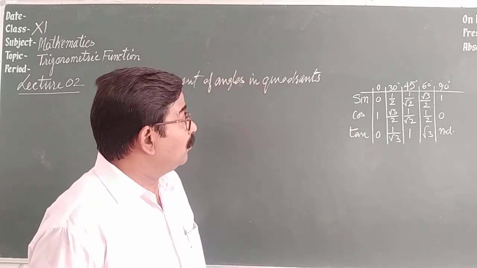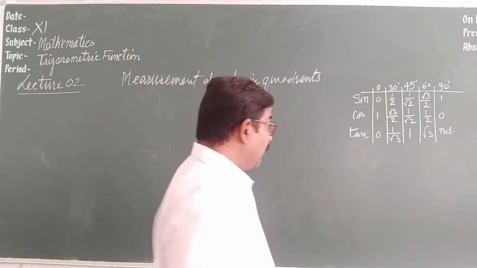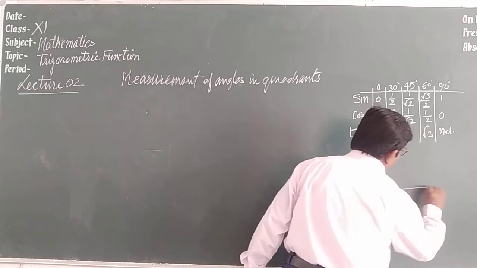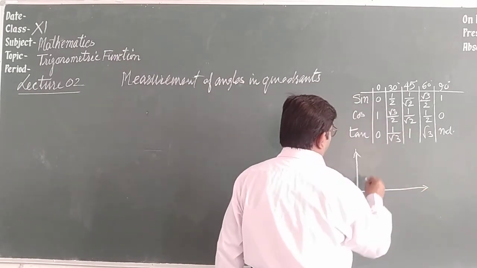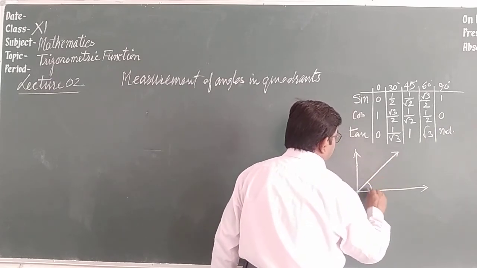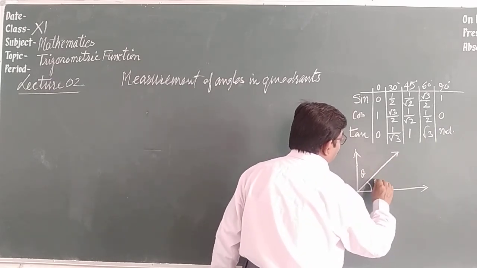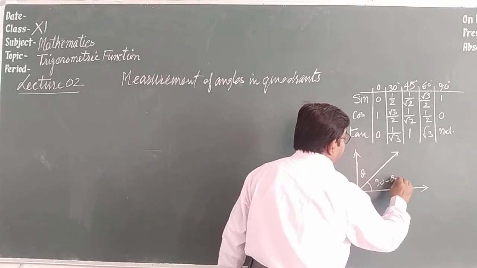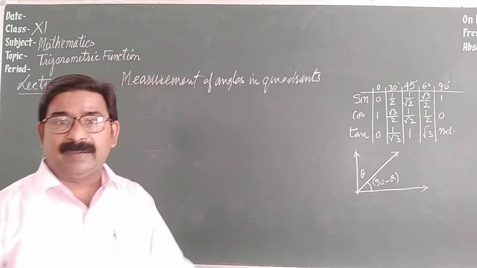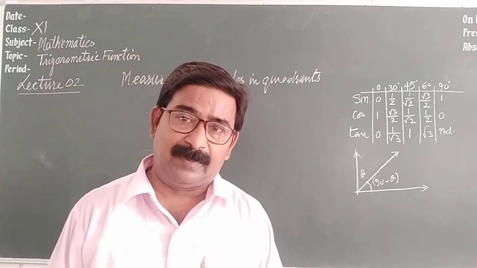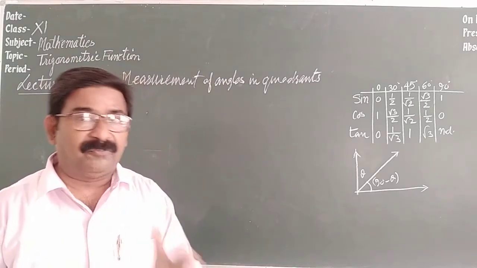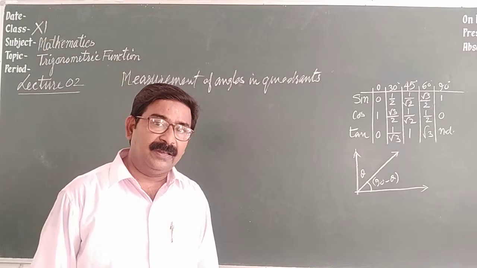So right now you have seen in class 10 that the angles formed were in 90 degree, and one of the angles was theta. So the other angle was 90 minus theta, and you were given the formulas: sin 90 minus theta, cos 90 minus theta, tan 90 minus theta, cot 90 minus theta. Means all were in first quadrant.